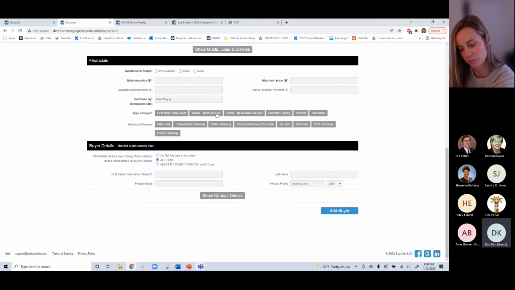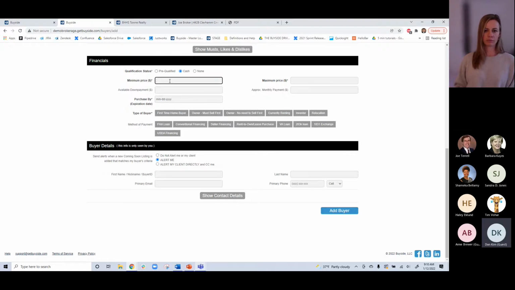Now, the most important parts here are going to be the financials and the buyer details. So the qualification status: are they pre-qualified? Are they a cash buyer? Do they not have qualification yet? I'm going to go ahead and put this as a cash buyer, and then the minimum and maximum price range. So this is going to start to filter out this buyer depending on what their price range is. So in this case, I'm going to go from, let's go from 1 million to